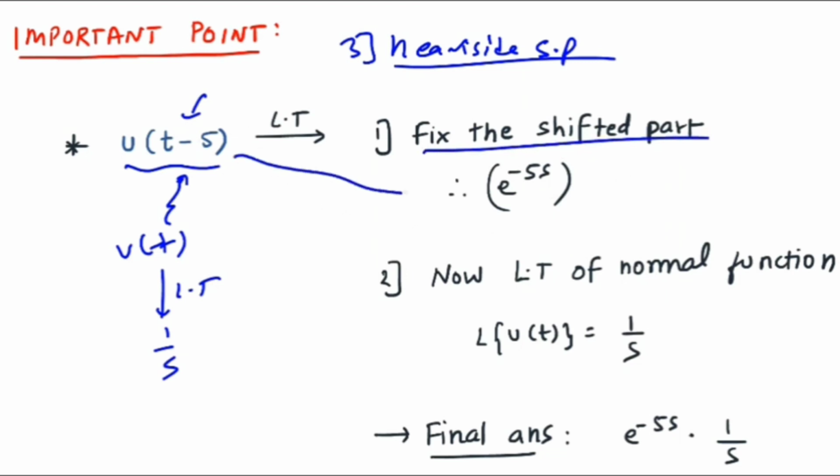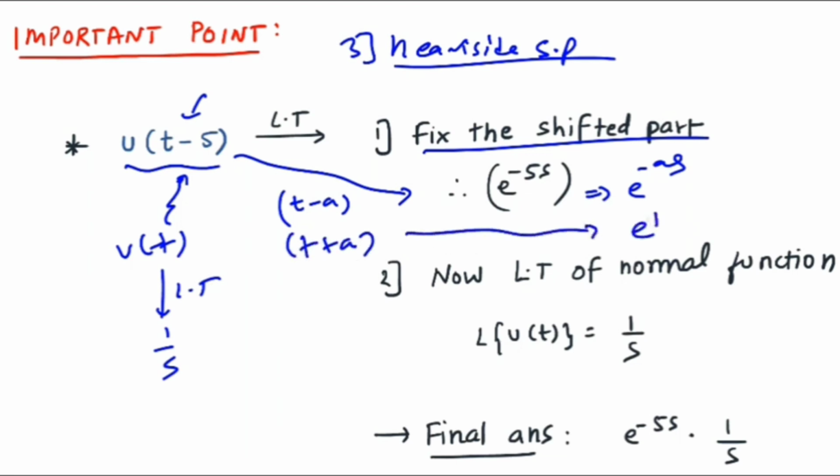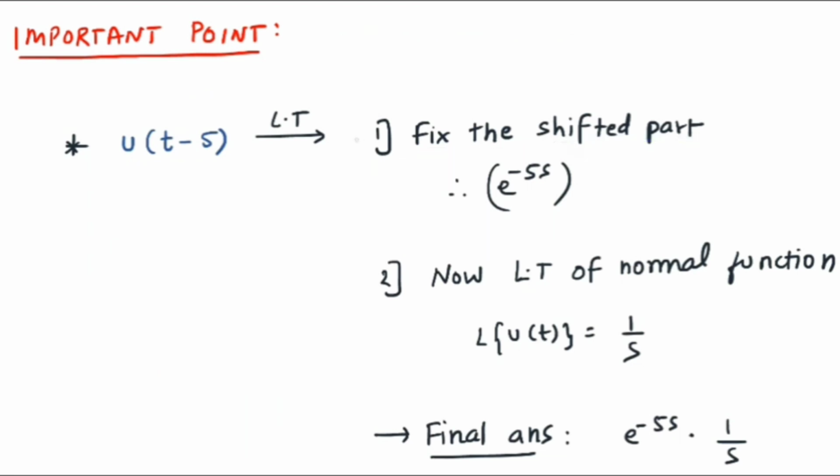Let's say t minus a is there. So t minus a, then the shifting would be e raised to minus as. So here the value of a was phi, you are getting the answer as e raised to minus phi s. What if the time was shifted as t plus a? In that case the answer was e raised to plus as. So whatever is the part here, just raise that to the power of e. If it is t minus a, the power of e would be e raised to minus as, and if it is t plus a, the power of e would be e raised to plus as. I guess the first part is clear.